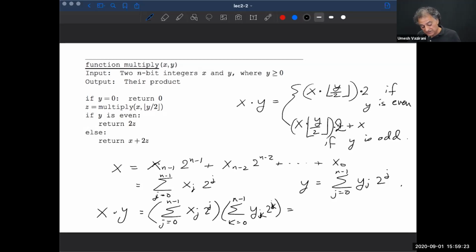Okay, so where was I? I was just saying, look, here's what's going on behind the scenes, right? If you have an n-bit number, you can write it as this summation of the powers of 2. Similarly, you write each of the n-bit numbers as a summation of powers of 2. And when you want to multiply, you just get sum over all j, k, each going from 0 to n, of